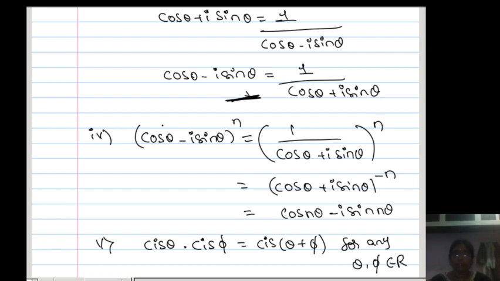Next, by using De Moivre's theorem, we got some relations. We proved some relations about cos theta plus i sin theta to the power n and minus n if you multiply. So those things we discussed. Next, in the next sessions, we're going to discuss the solved problems and exercise problems, and the nth root of unity and the nth root of any complex number, how to find it. Okay, so those things we will discuss in the next sessions.